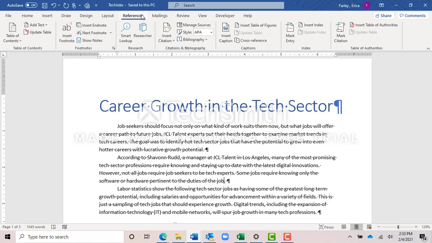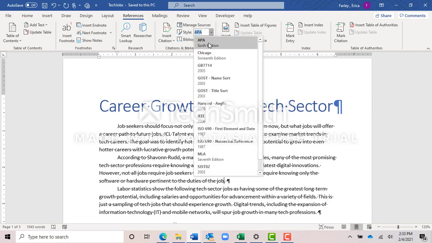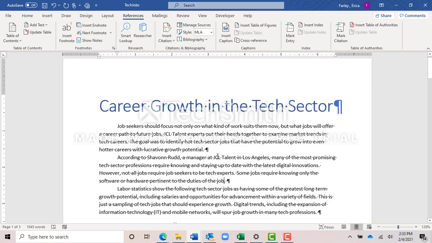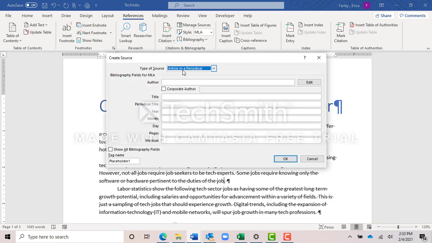So let's go to our References tab. If you're not already there, click on References, Citations and Bibliography, and you'll see we can change our writing style. So we're in APA right now. Let's change it to MLA. So when we put in our citations, they'll now be in MLA format. Click the Insert Citation button in the Citations and Bibliography group, and you'll see here we already have one citation for this document, and we want to add a new source. So click on Add New Source,